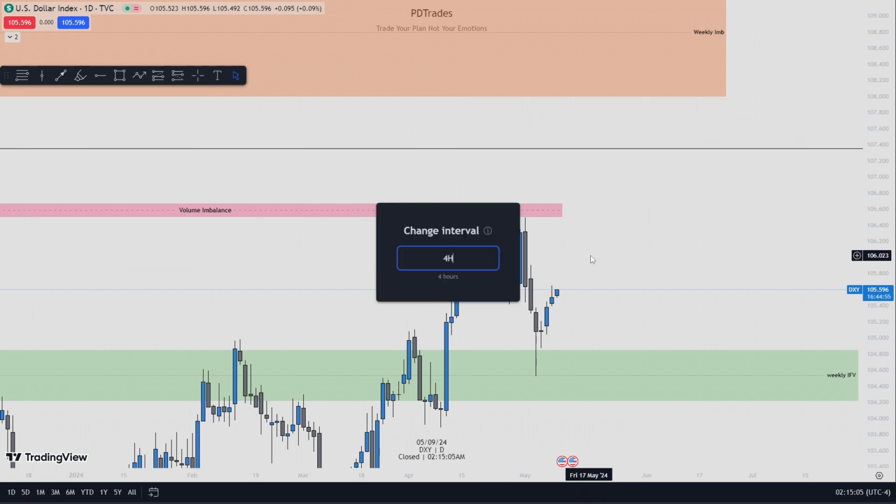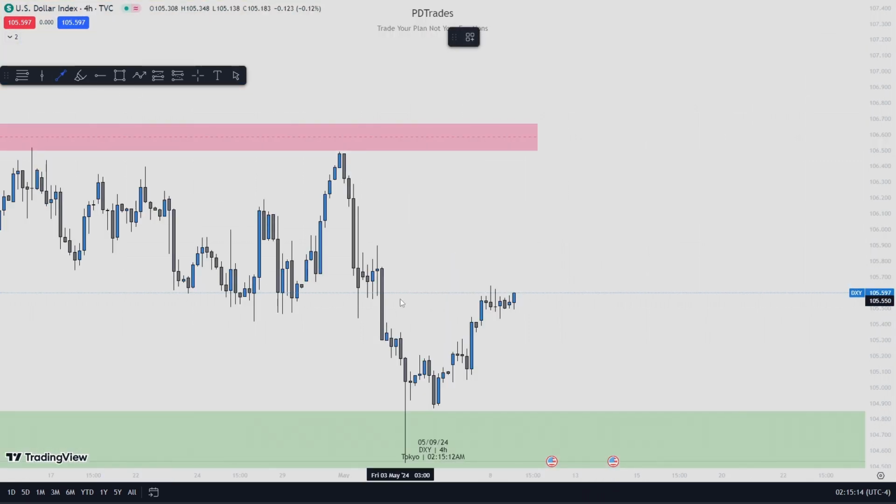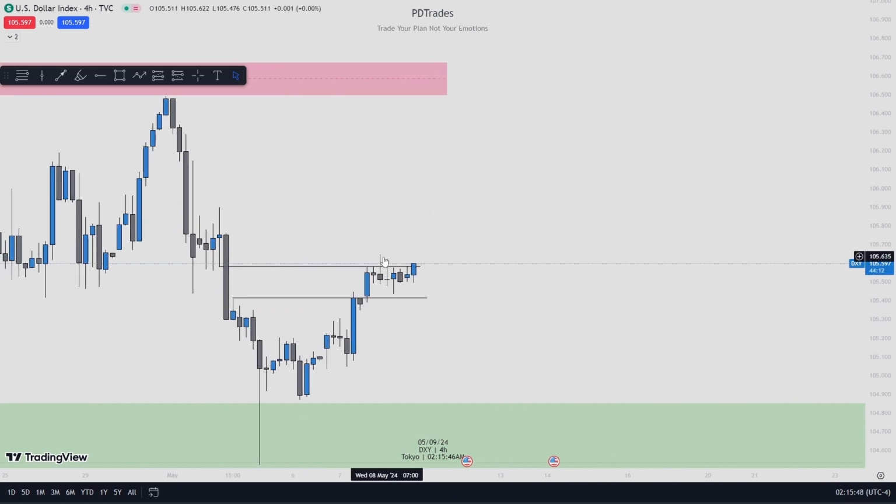So let me check the hourly chart. Right now we are currently inside this. Actually, we passed it. This is the hourly fair value, this imbalance here. So yesterday kind of closed. Wednesday actually just kind of played inside here. Do you see that? It went from Tuesday, then played inside this imbalance here on Wednesday, right?